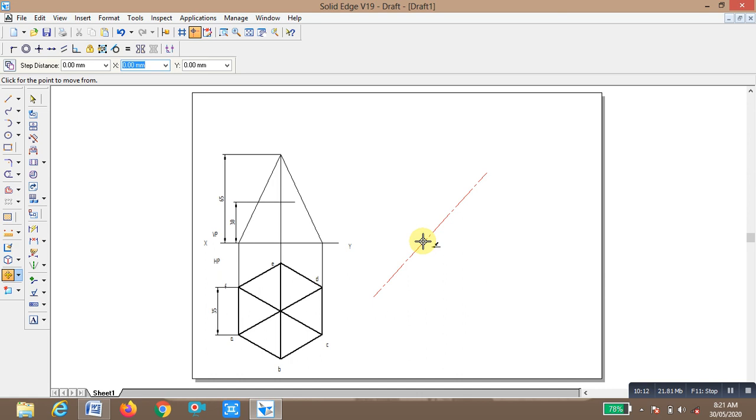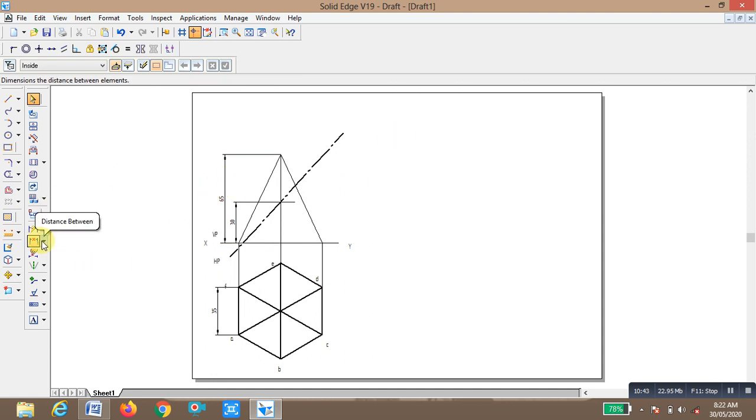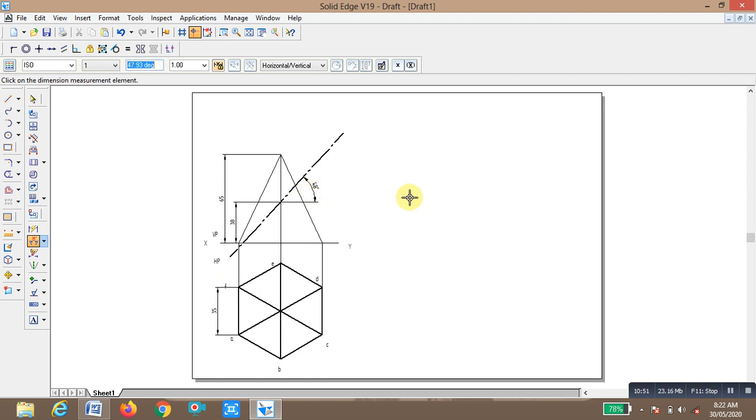Now we are going to change that line thickness to 0.5. So now mention the angle made: the angle the plane makes with the horizontal plane is 30 degrees. So now we are going to check what the angle is. We have to maintain the angle between this line and this line, it is 48 now. Now we change it to 30 degrees.